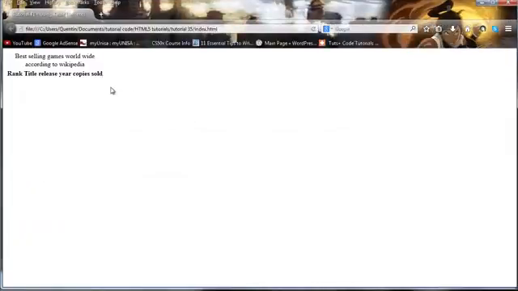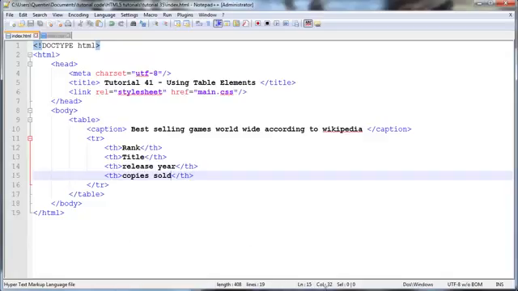appear. So right here we've got our caption, best-selling games worldwide according to Wikipedia. Then we've got our rank, title, release year, and copies sold. But this doesn't look very clear now, does it? Because we've got these headings over here, and we've got this caption, but we don't actually have any little borders to represent a cell. So we can go ahead and fix that up